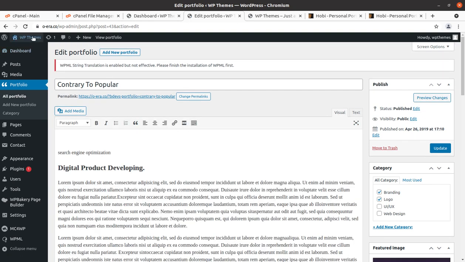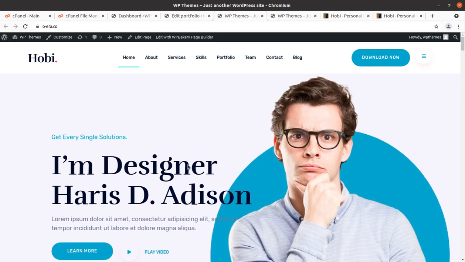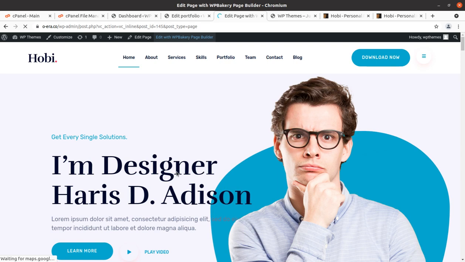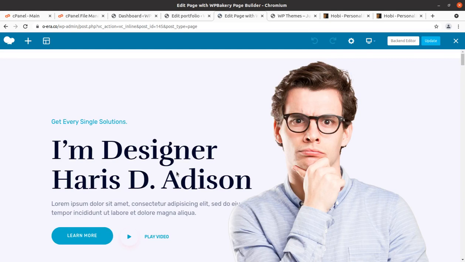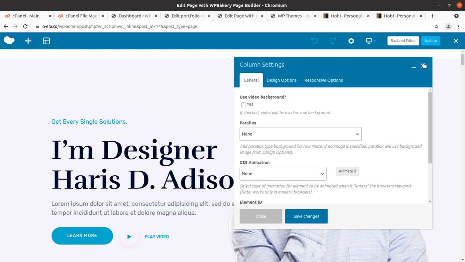And now it is time to show you how to edit the content of a page. It is also very important, because finally you have to upload your own content. This theme uses WP Bakery Visual Page Builder. What I'll advise is to take a backup of the home page. This is a one page website, so you can use any duplicator plugin to take a backup of this page before you start editing. Just click on edit with WP Bakery Page Builder and you shall be able to edit all the contents. Just hit the pencil icon and all the contents and settings will be available.